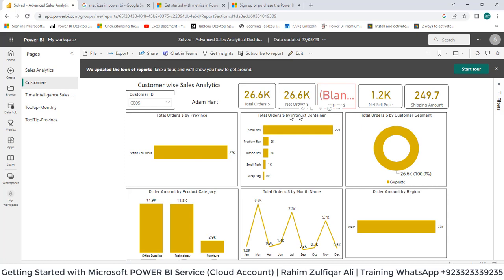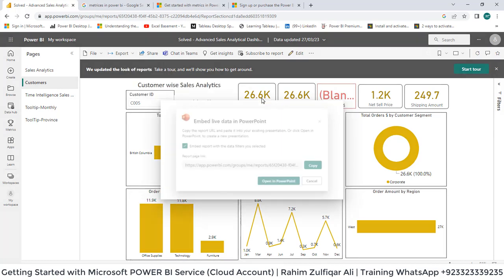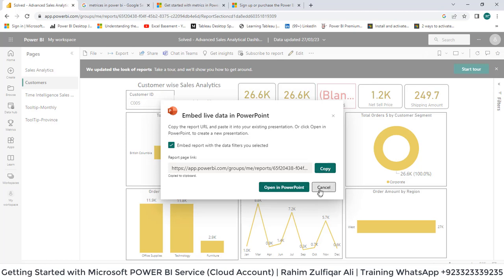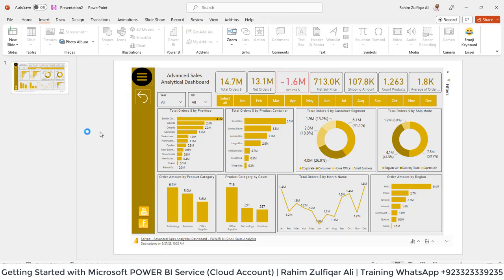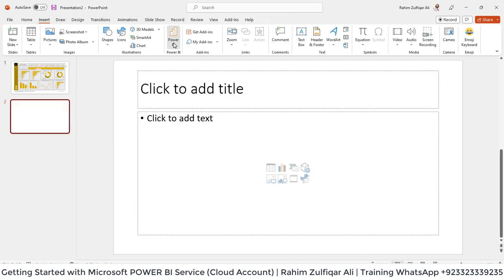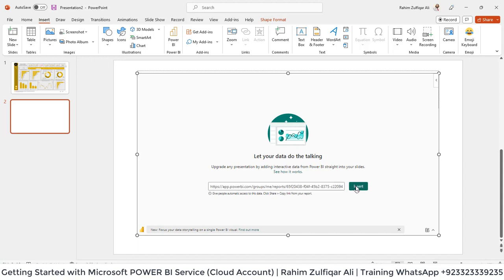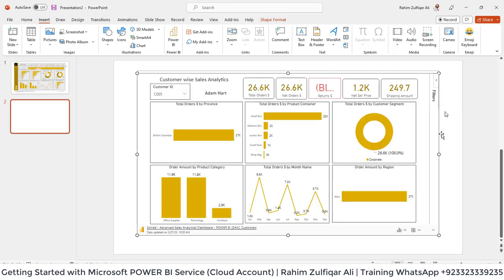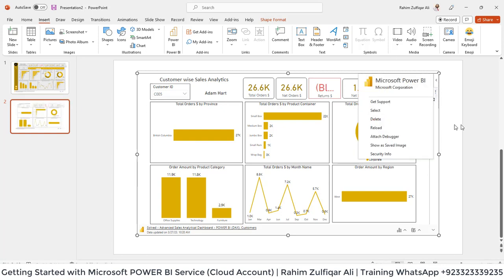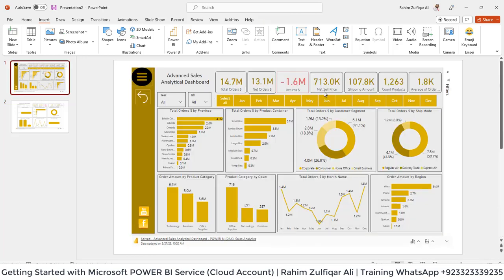So for example, if I want to embed this customer wise view, I can go to export PowerPoint, embed live data, copy this link, and I can go to new slide and insert a Power BI. We'll paste that URL here, insert, and this view is here, right? So that's a good thing. Even though I can filters. Okay,